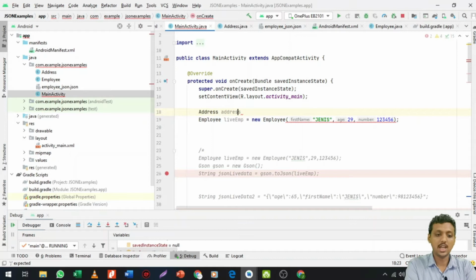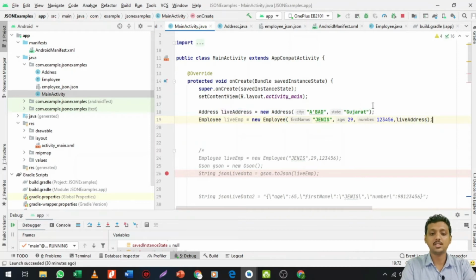So liveAddress is equal to new Address, city name is Ahmedabad, and the state name is Gujarat. Fine. Now let me pass it over here with the name liveAddress. So now the object is successfully passed in the Employee constructor.